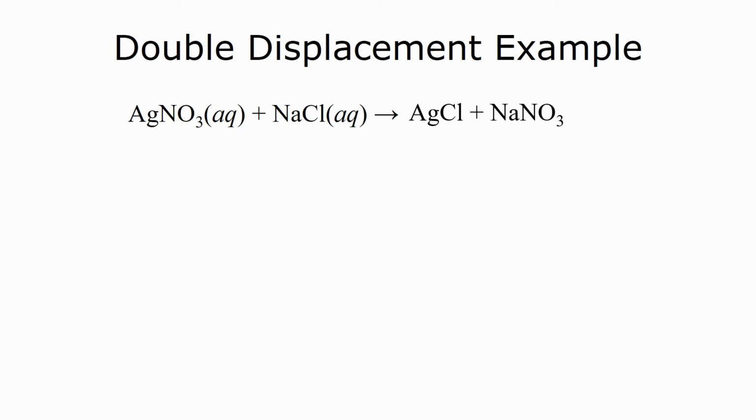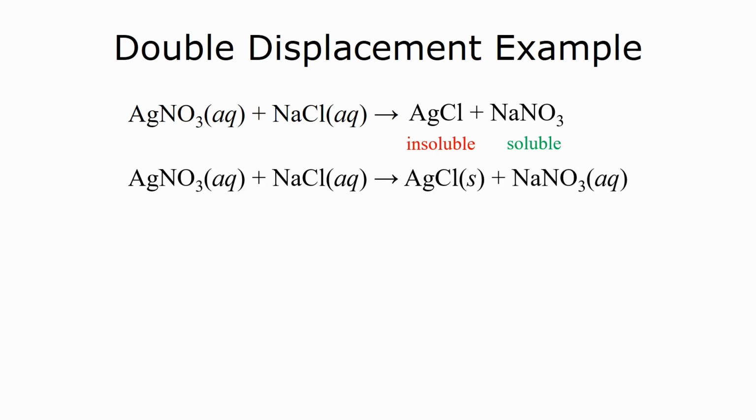But which one is soluble and which one is insoluble, if any? Well, we know that all nitrates and all group 1 metal ions are considered soluble. So sodium nitrate, that's definitely going to be soluble. Silver chloride, on the other hand, according to the table, is insoluble. So we would write this reaction: aqueous silver nitrate plus aqueous sodium chloride go to make solid silver chloride and